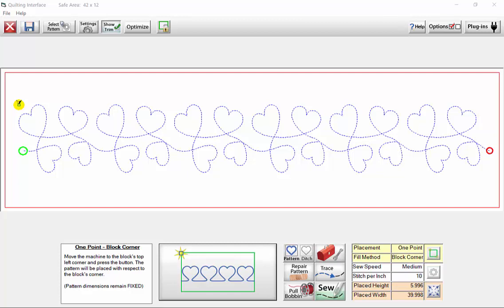Good morning. This video is on repair pattern and why you would use closest stitch versus last stitch. Repair pattern is an important function to learn. If you're a beginner, you will want to practice the repair pattern function before you get on a real quilt. So just in case your bobbin runs out or you break thread, you'll be confident to get back on track